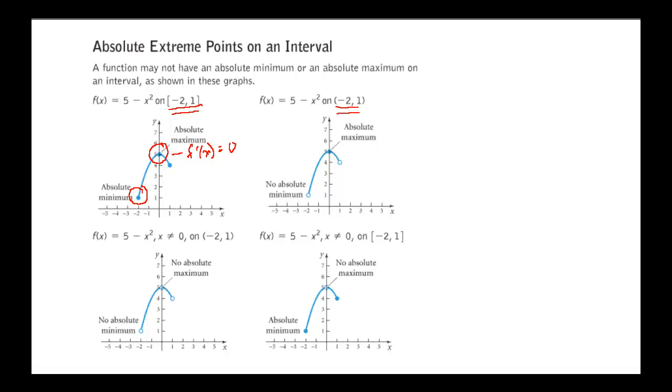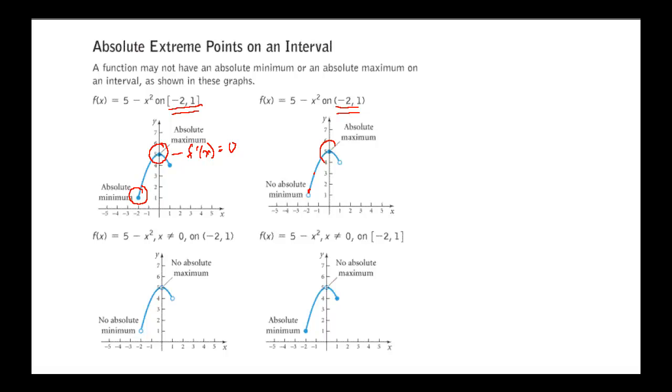Okay, on this next one here to the right, we have an open interval. Our absolute minimum or maxima can't occur at the endpoints, because if I say, okay, this point here is the endpoint, remember, with the open interval, the open endpoint, we can find another point even closer, and then we can find another one even closer.